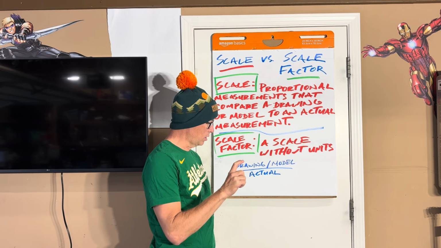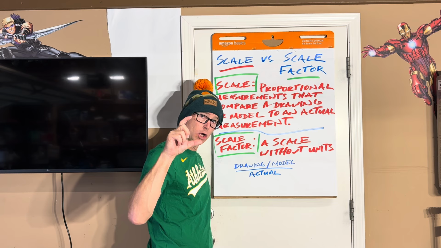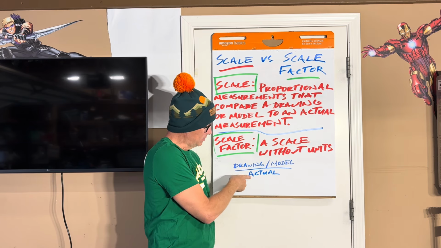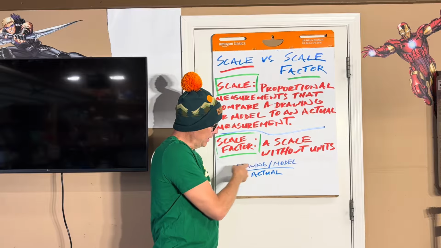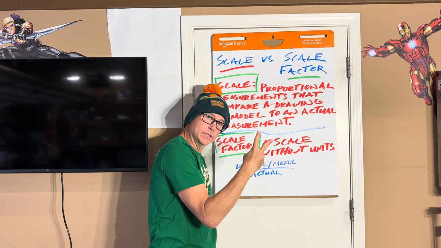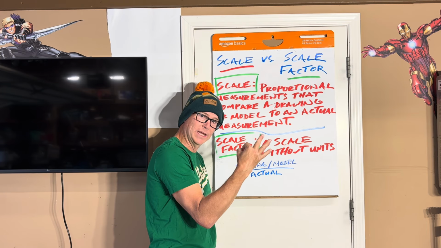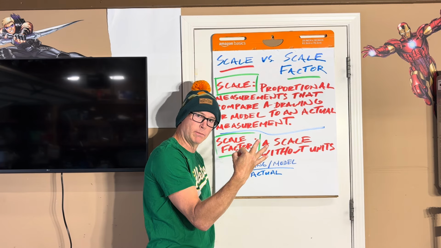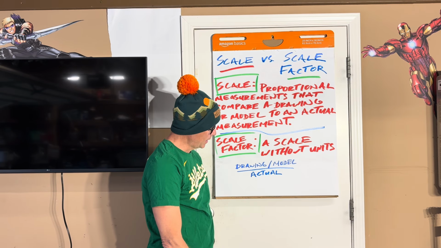So if you have a drawing or a model, it's the small model, and then you compare it to the actual. So this is what we're going to use today. You would have the fake thing, the model or the drawing. It could be 2-dimensional, just on a piece of paper. It could be 3-dimensional, right? So a drawing would be 2-dimensional, an actual model would be 3. And then you would compare it.